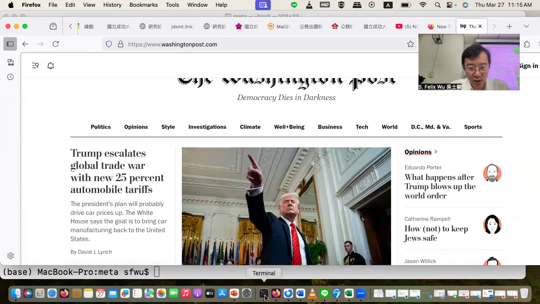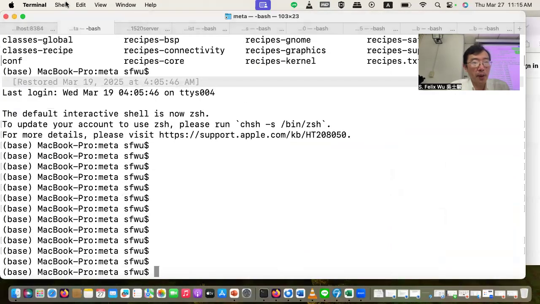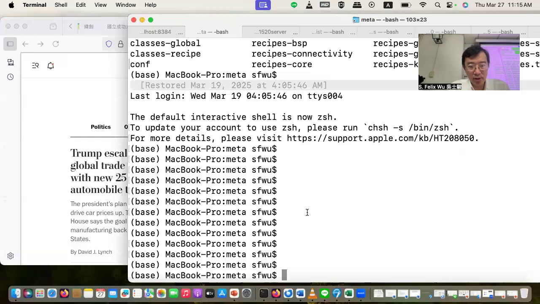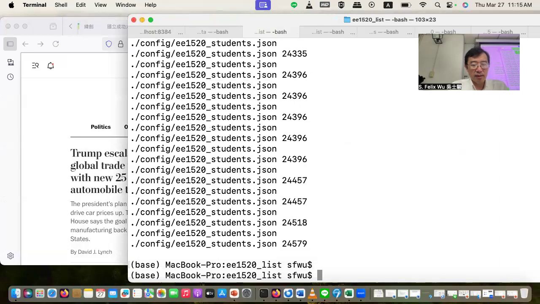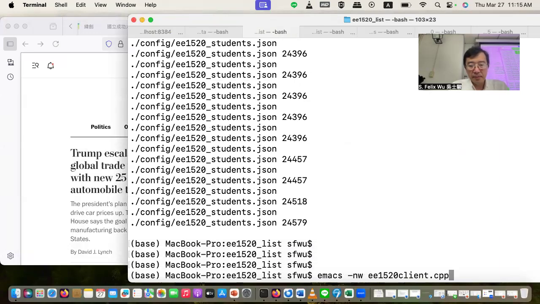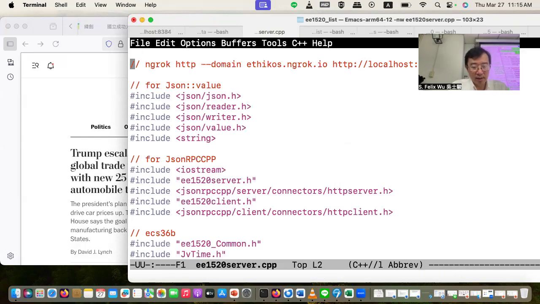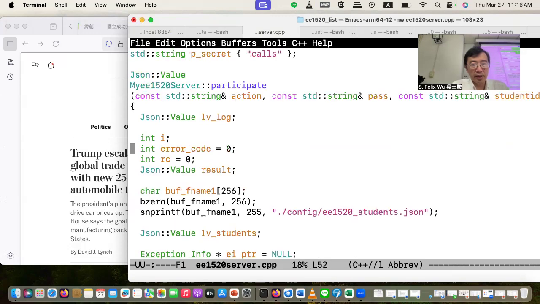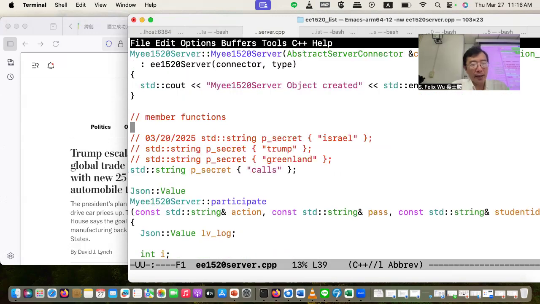Make sure I know how to spell it correctly. I'm going to the server side. Server should be here.